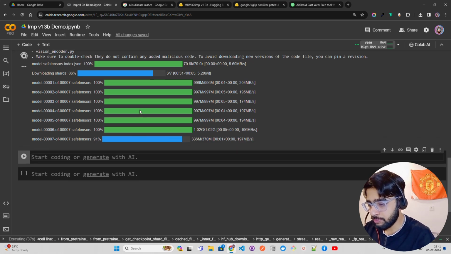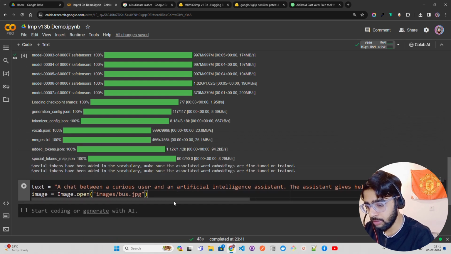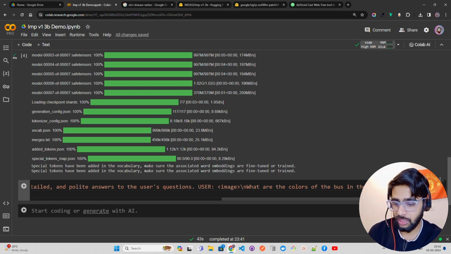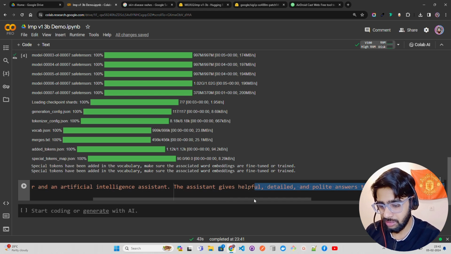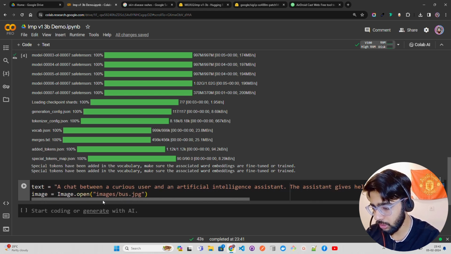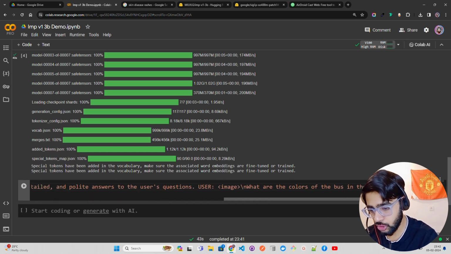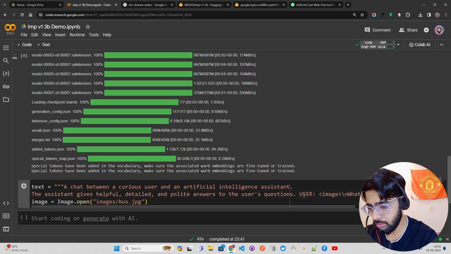And the prompt also plays an important role, guys. So this is something that we also have to see. You can see it asks what are the colors of the bus in the image because it's giving you that, but I'm not going to do that. So let's change a bit of the prompt. Let's come here and I'll make this a docstring. So let's do a chat between